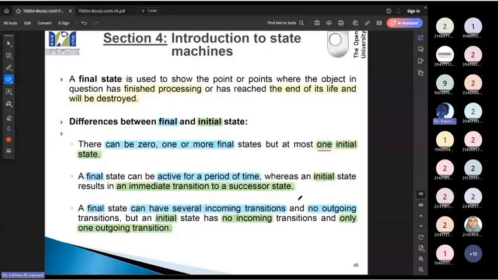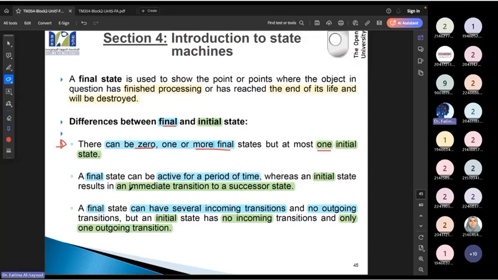However, for the final, we can have zero, مثل الأمثلة اللي لسه شفناها, all of them have zero, but it can have one or more final statuses. إيش يعني one or more final status؟ يعني إن هي ممكن تقودنا إلى أكثر من حالة. يعني في حالة نهائية. So that is going to be more than one final status. I'll try to bring an example for the master session about one and more final statuses, since we don't have an example about it here. What's another difference between the final and initial status?